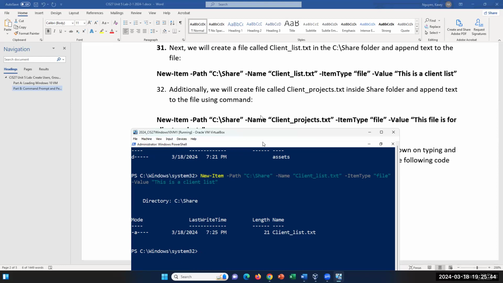And then you can always use the up arrow key similar to Linux or CMD or command prompt to repeat the last command, and you can also modify it. So if I already have all of that, I can use the up arrow key and change this to project or client project. Make a second file, right? And then the text will be, this is,